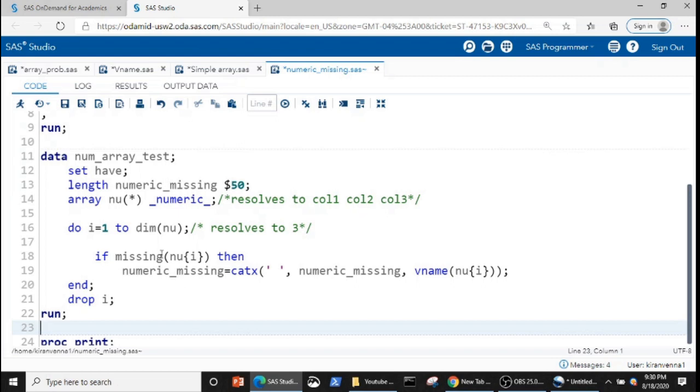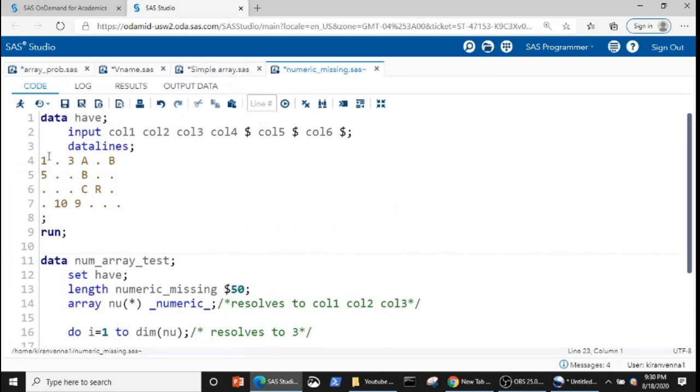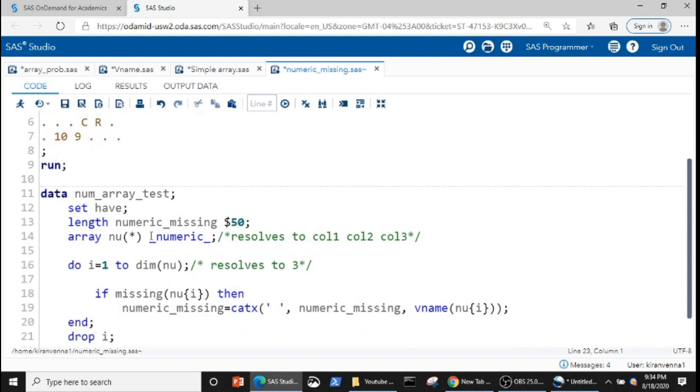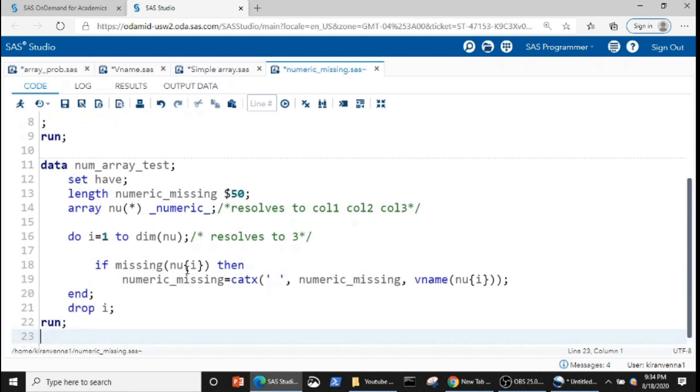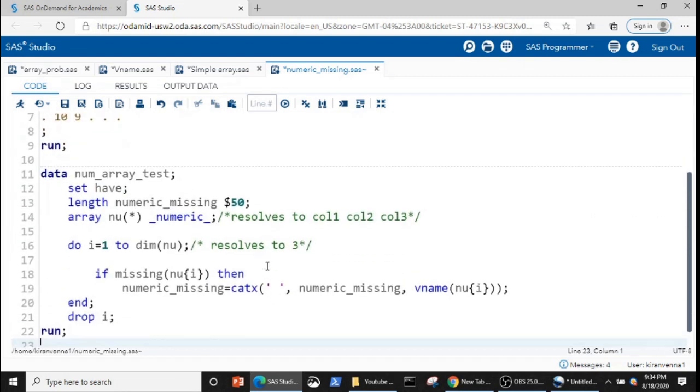When we are at i equal to 1, in the first observation there is a value in here. So this if condition is false, and nothing happens. When we go to i equal to 2, we are accessing call2. You can see that call2 has a missing value. When it has a missing value, let's see what happens.